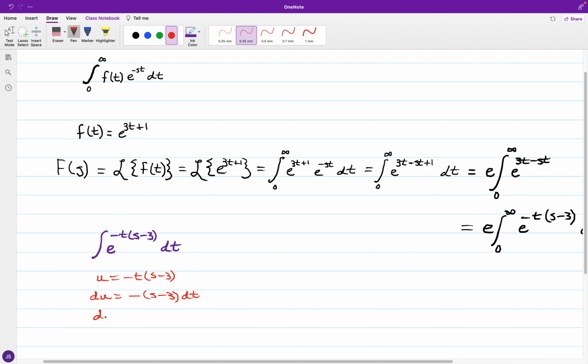Expressing dt in terms of du, dt is going to be the negative of s minus 3, or we can just go ahead and undo the negative. So we'll say du over 3 minus s is equal to dt,